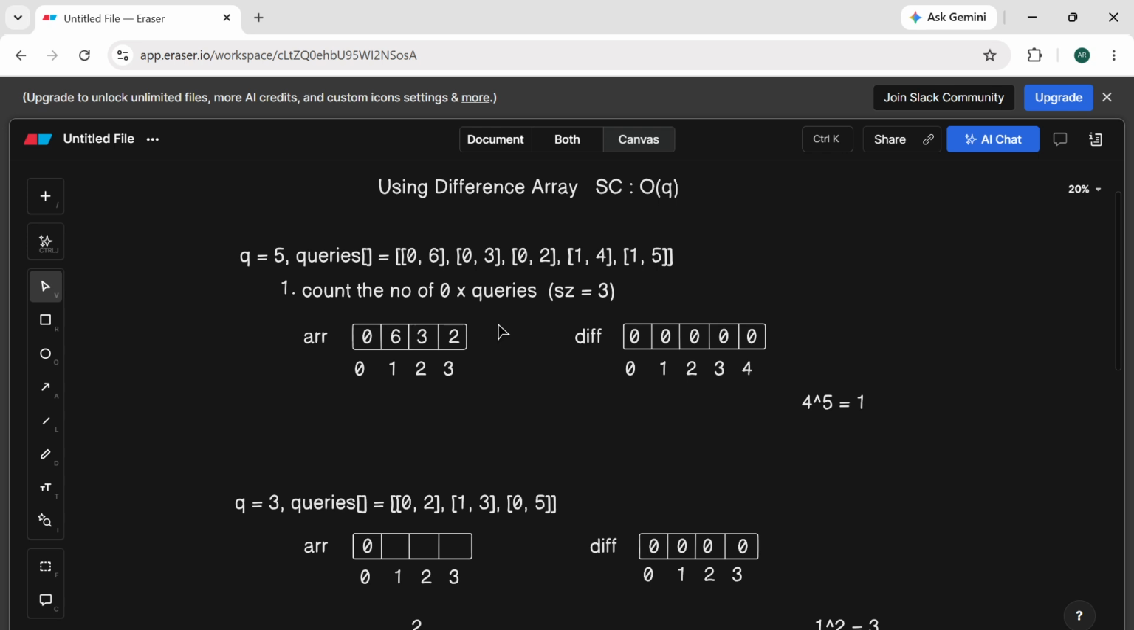Over here we want to apply the XOR operation 4 on all elements. So I'll first put 4 over here. Initially the difference array is initialized with 0. So I'll do the XOR of 0 with 4. What is the XOR of 0 with 4? It will be 4, right? And I'll also do the XOR operation